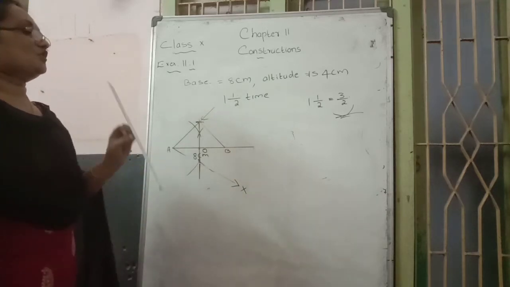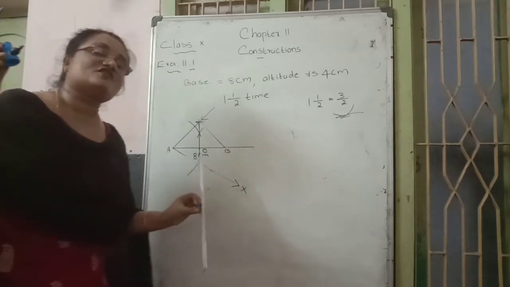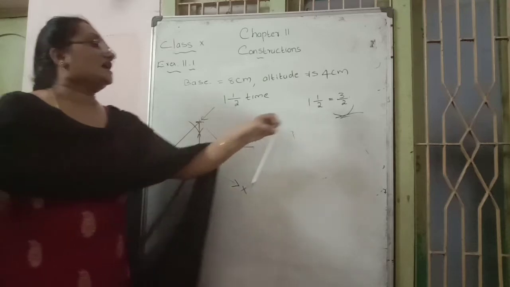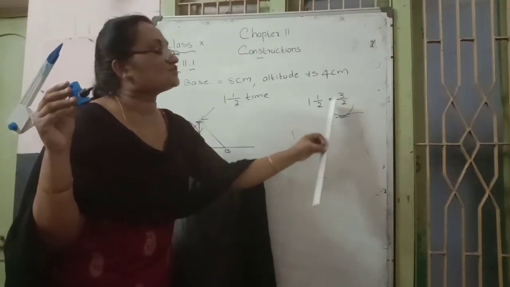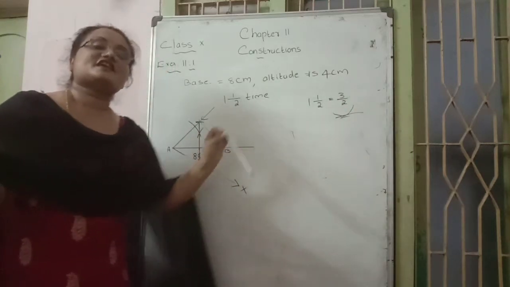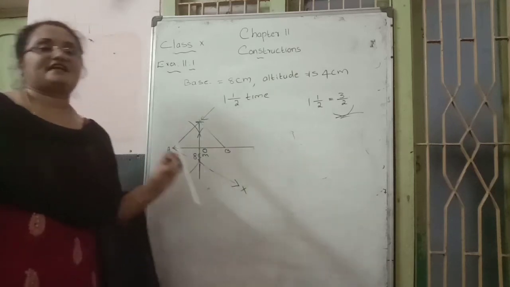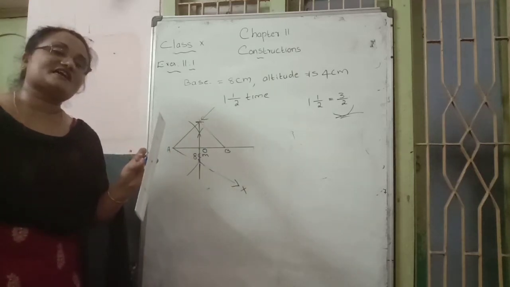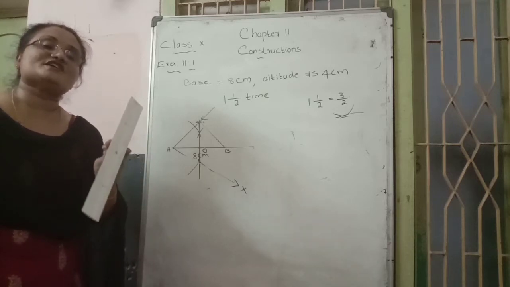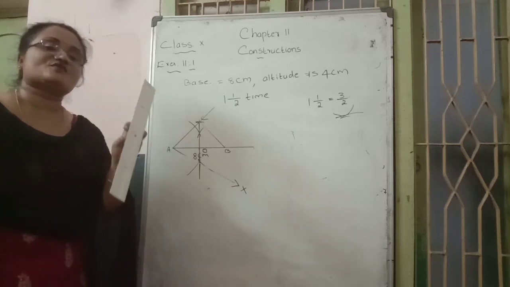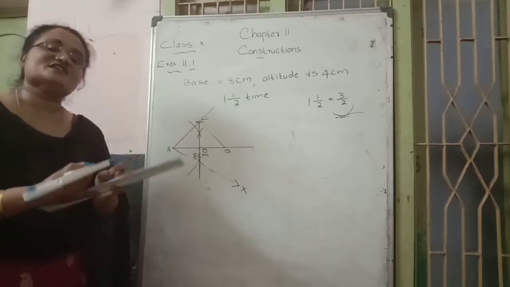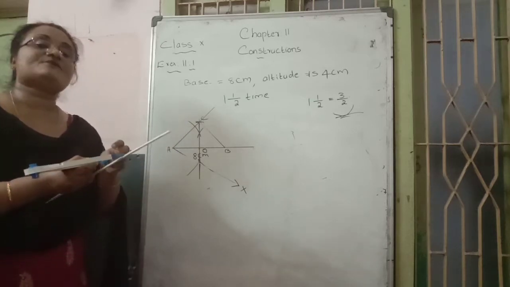Where do we mark the points? How many points do we record for marking? The scale factor's highest value is 3, meaning 3 points. Mark them on the AX ray. How to mark the 3 points? We need each point at the same width. That's why, for convenience, how many centimeters do we consider?